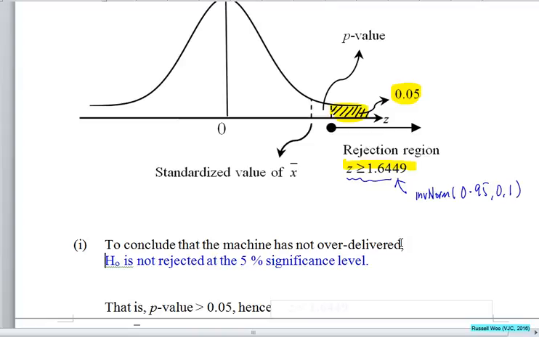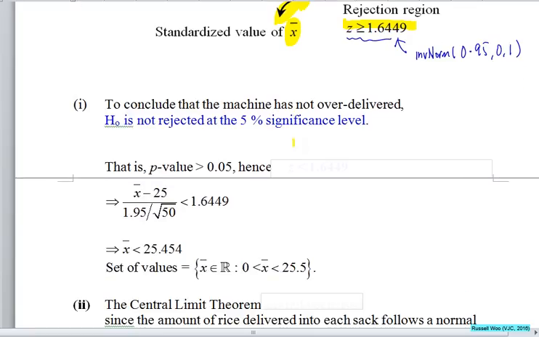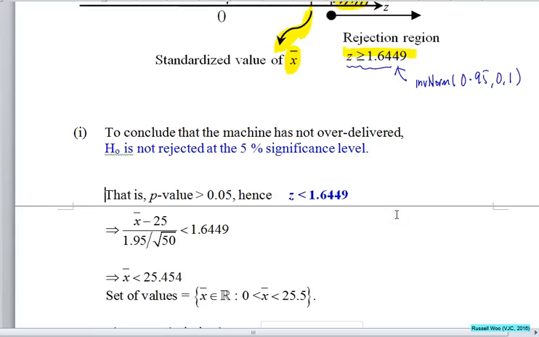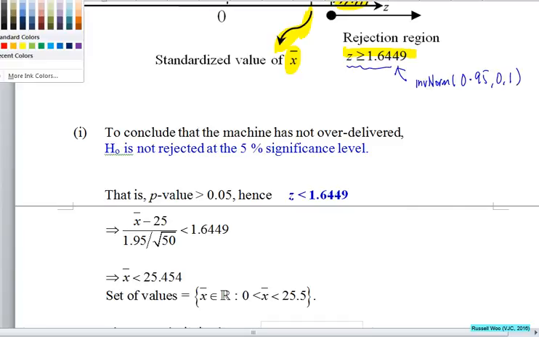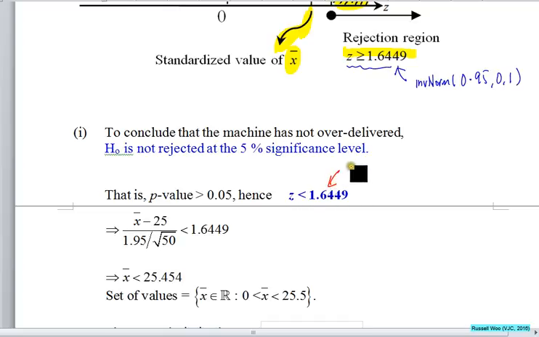Alright? So which means the standardized value of X bar must lie here, must lie outside of the rejection region. That means the Z must be less than 1.6449. That means Z must lie outside the rejection region. Correct? So to lie outside the rejection region,